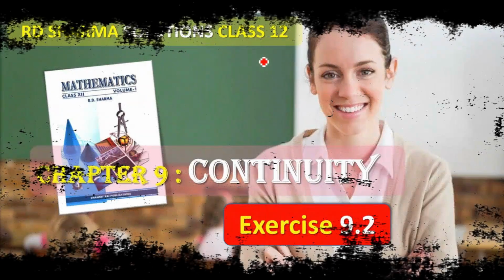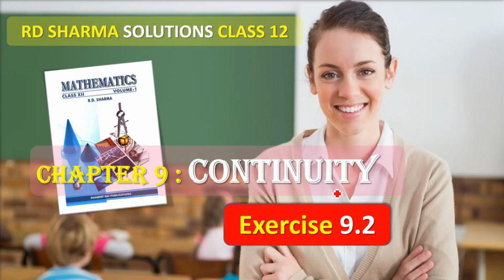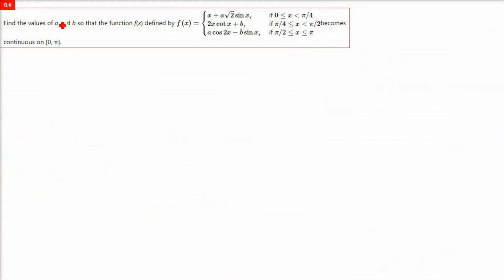This is RD Sharma solution, class 12, chapter 9, continuity. Exercise 9.2. Find the values of a and b so that the function f(x) is defined by f(x) is equal to, there